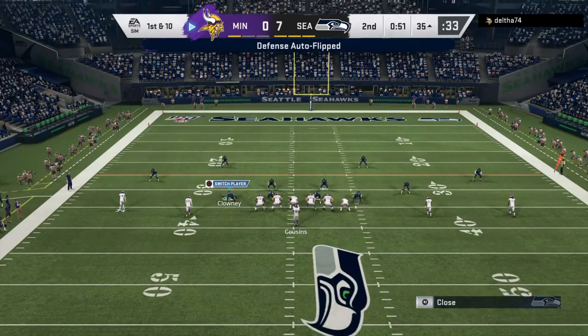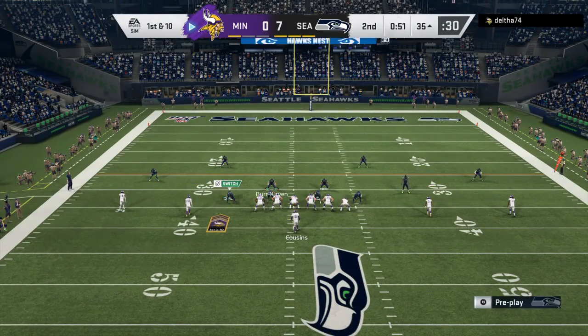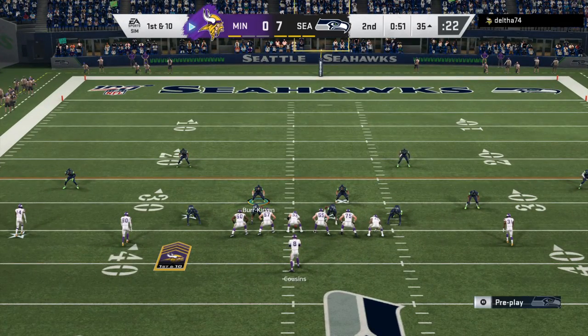This offense finding its legs now. Here's another 1st and 10. Let's go. Yo. I know he ain't got it. 55, my God,